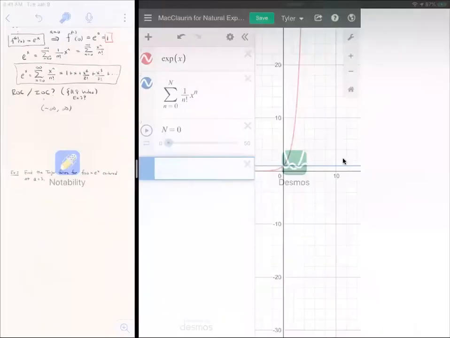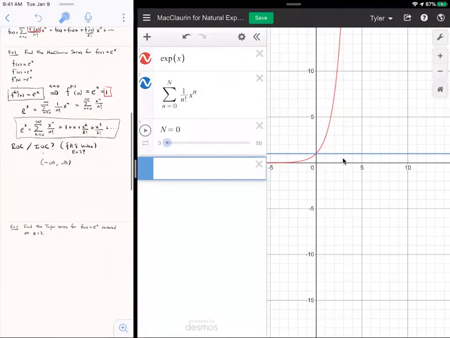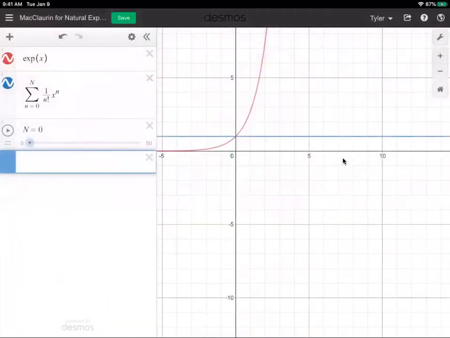I want to just put these things side by side. You can't see it anyway. So here's our e to the x series. Let's just try to look at the graph. If I move this counter, I'm adding terms one at a time to our series. So right now, this is just the constant function 1. It's the first term in the series when n is 0. If I click n up to 1,